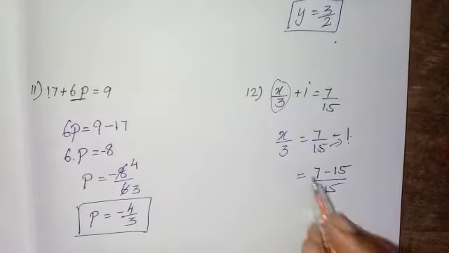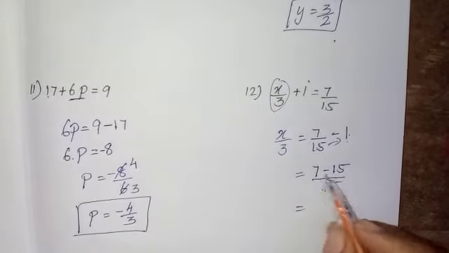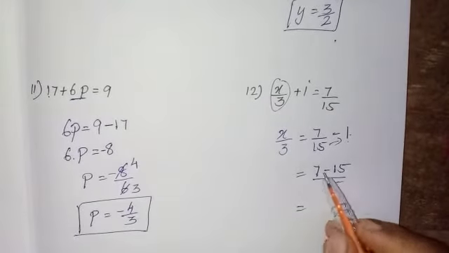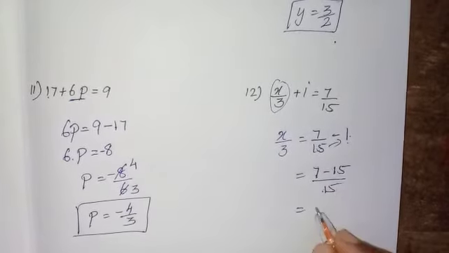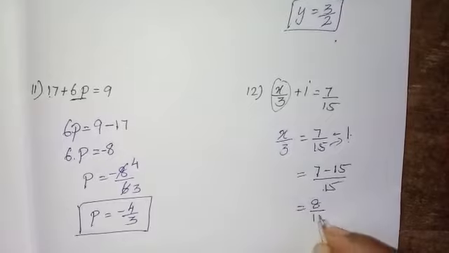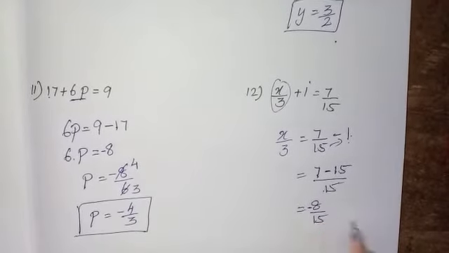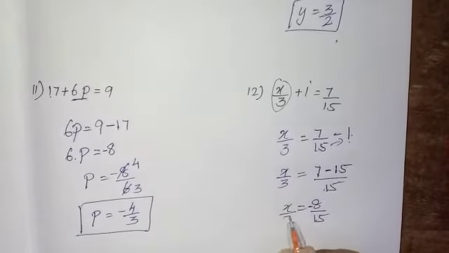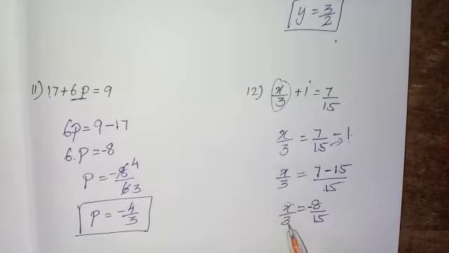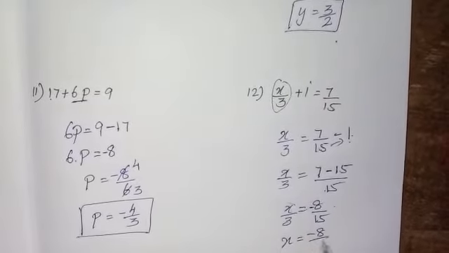If we change, we cancel it as 1, it will be 7 by 15. The value never changes. So we have to subtract it. 15 minus 7. So 10 minus 7 is 3. 3 plus 5 is 8. Therefore 8 by 15. The biggest number is minus, so it is minus 8 by 15. Here x by 3. Here x by 3. So I want the x value only. Here it is divide. It will be changed into multiplication. So x equals minus 8 by 15.